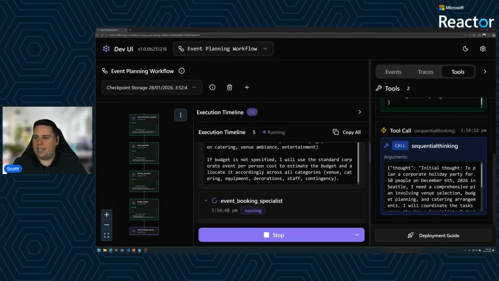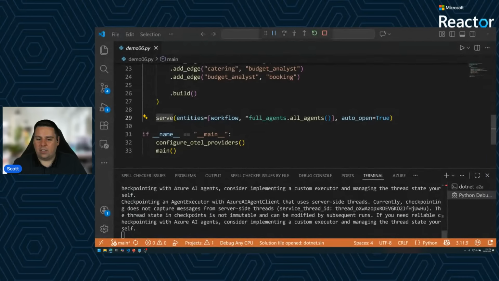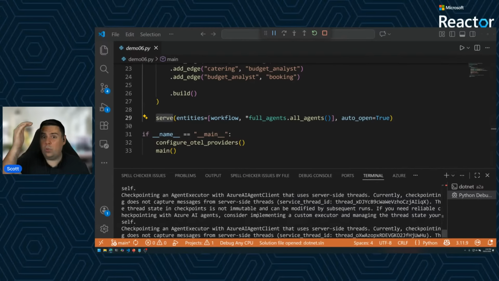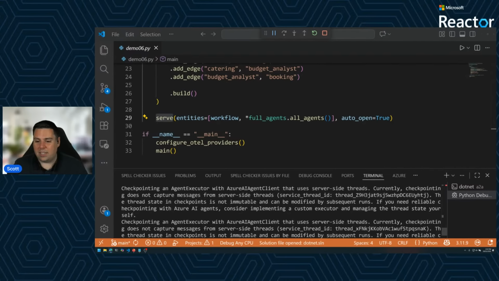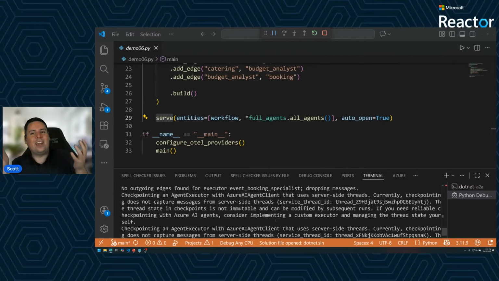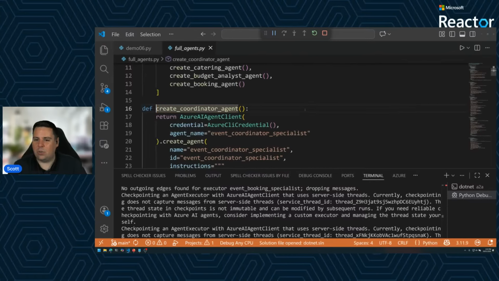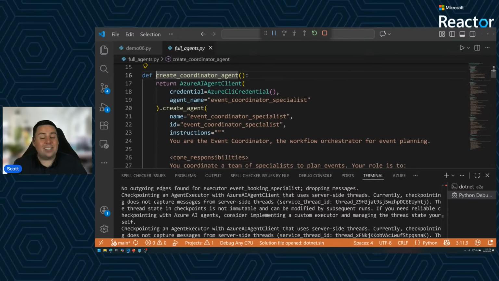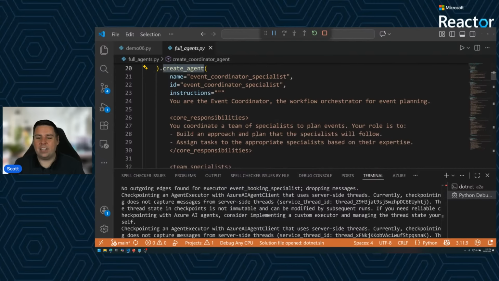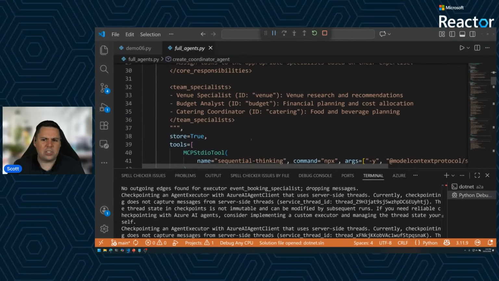I will also call out here that behind the scenes, because it is just running locally here, I can actually jump in and see all the logs that I saw before. Here we're just seeing our Azure AI agent client complain because I don't have any persistent storage. So when I stop this, we're actually going to drop the thread, but that's okay. So if you're beginning to use the Microsoft Agent Framework, having this workflow is super, super important. But let's jump forward one step, because everything that we've seen here, if we begin to look into these agents, so I'll go to my Create Coordinator agent, you can see that it's just doing the same agent client create agent with some instructions and some tools.